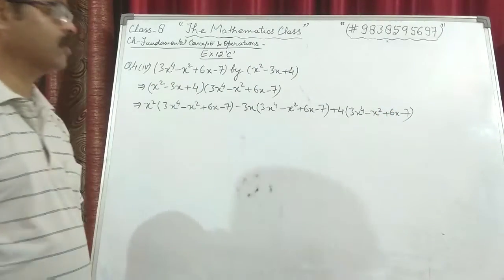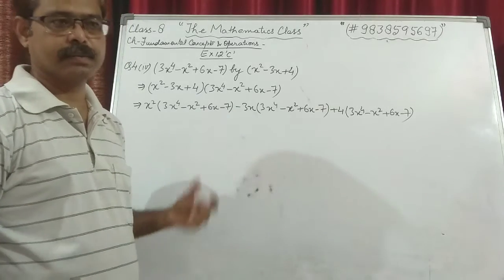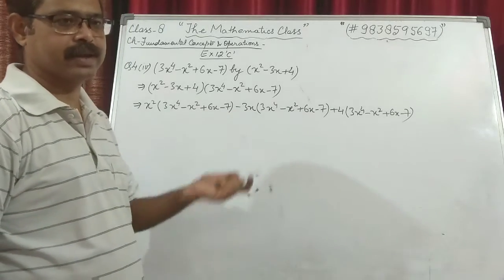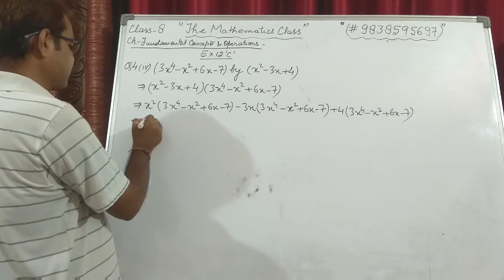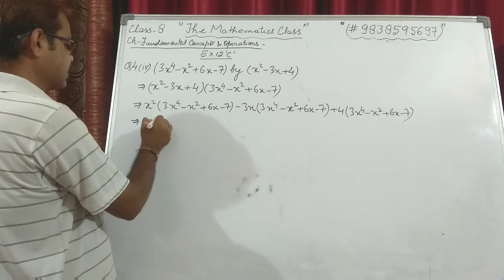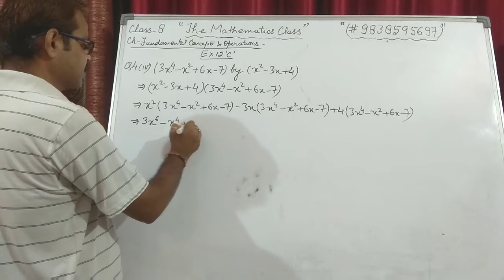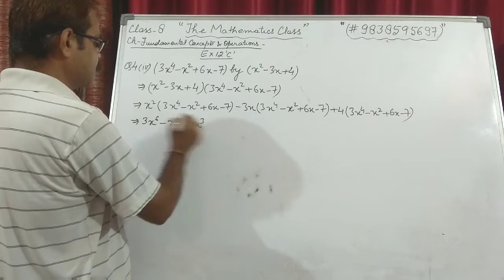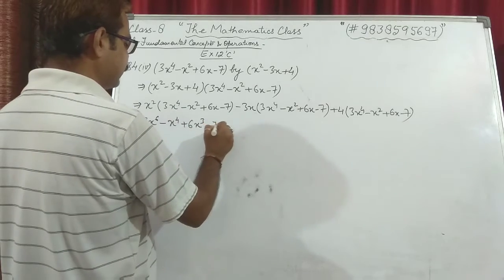We will multiply all and take the like terms, and then arrange them according to their sign, plus and minus, and we'll find the final value. Now x square into 3x to the power 4 is 3x to the power 6, minus x square into x square is x to the power 4, plus 6x cube, x square into 6x cube